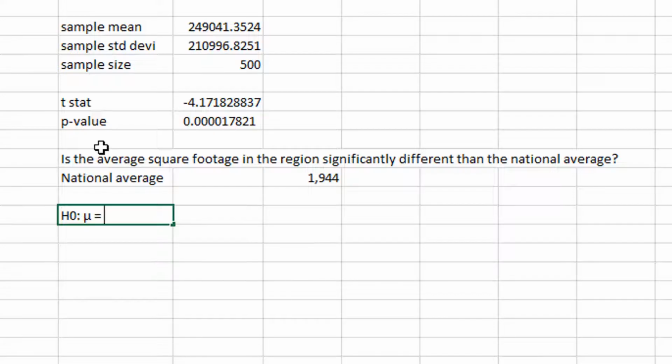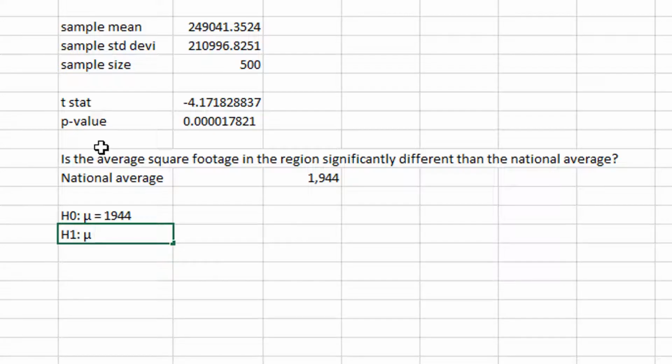That's just easily calculated. But the population mean requires some inference. I need to say, well, based on the data, what can I infer about the population mean? That's the population parameter. Anyway, 1944 is the null mean value. And the alternative,